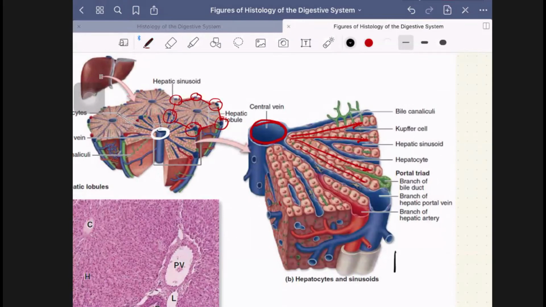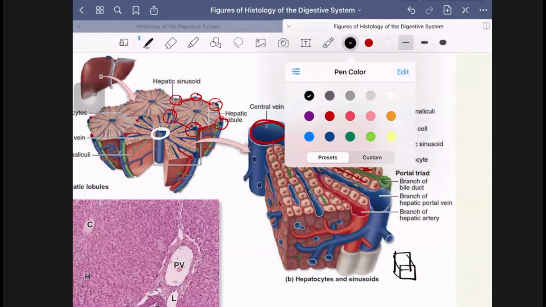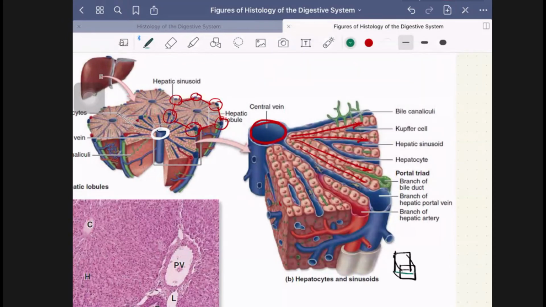If we draw a hepatocyte here, for example, the bile canaliculi will encircle all the parts. They will totally cover the six sides of the hepatocyte. So these different types of triad lobule, their function is to